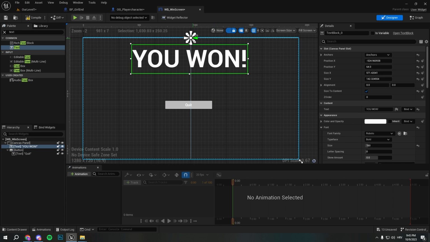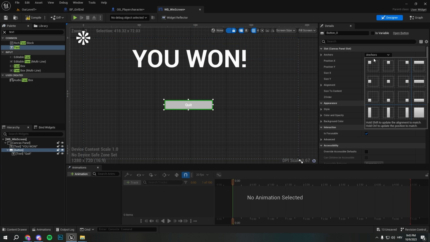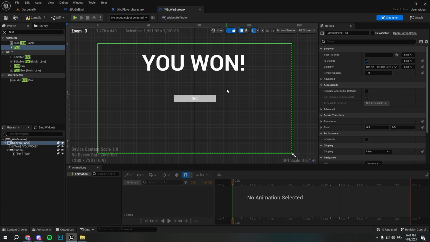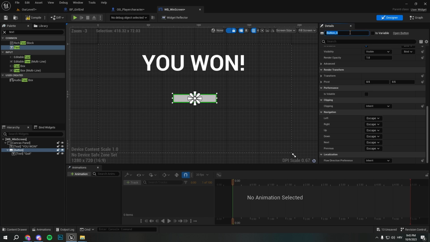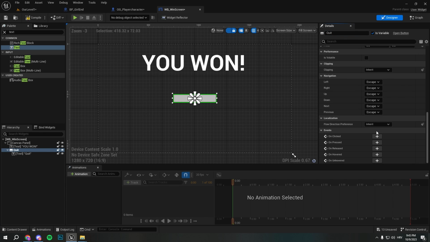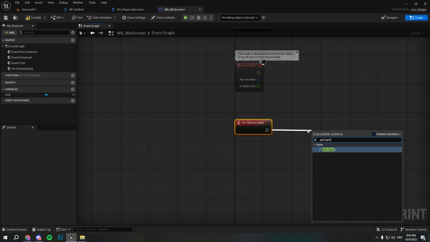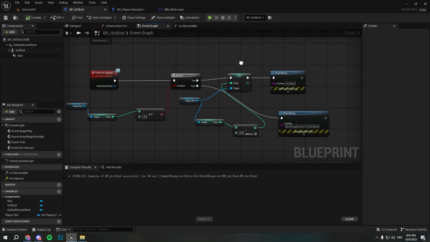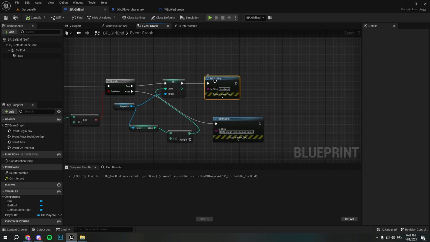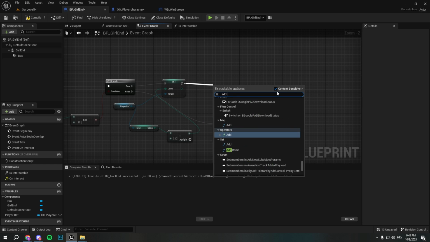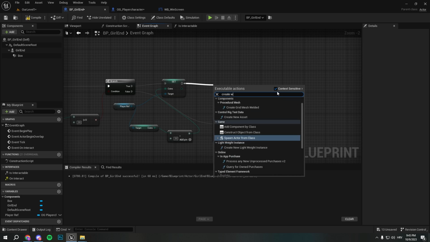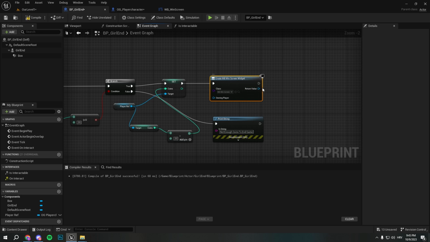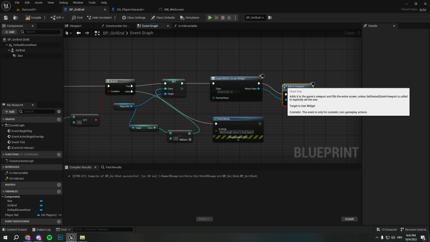We want to anchor this, and we also want to anchor this to the middle. And we want to promote this quit button to a variable, and on clicked we want to just quit game. So here in our BP Gearland, after we print, we don't need print anymore, so we can just add create widget, win screen, add to viewport,